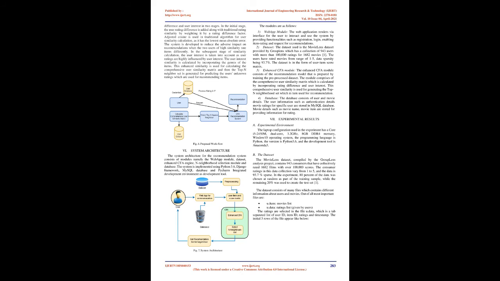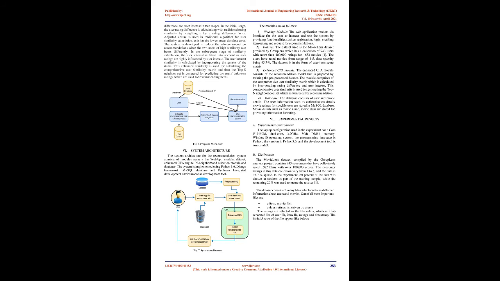The enhanced similarity is calculated by incorporating the user rating difference and user interest in 2 stages. In the initial stage, the user rating difference is added along with traditional rating similarity by weighting it by a rating difference factor. Adjusted cosine is used in traditional algorithm for user similarity calculation, as it has the lowest mean absolute error. The system is developed to reduce the adverse impact on recommendations when the 2 users of high similarity